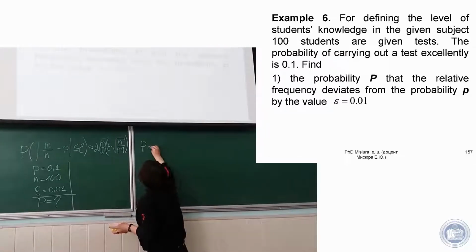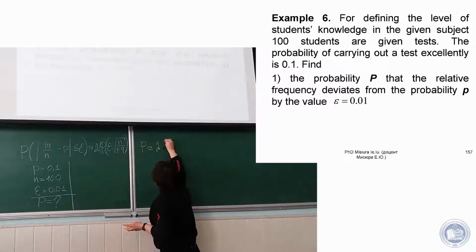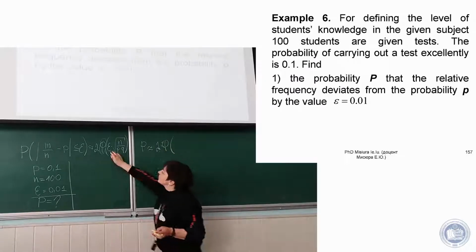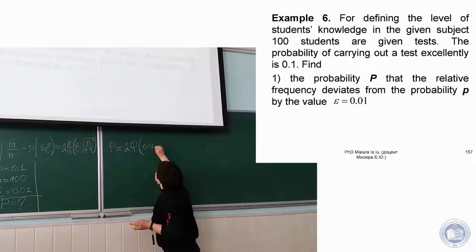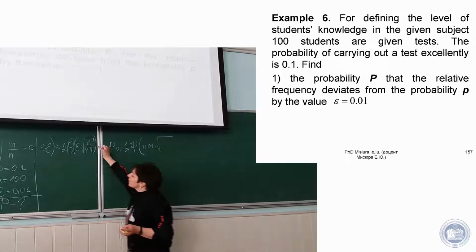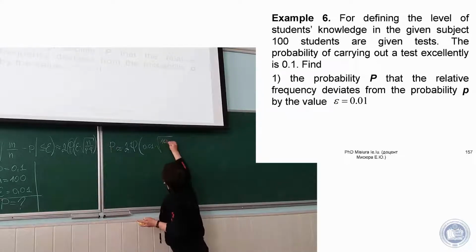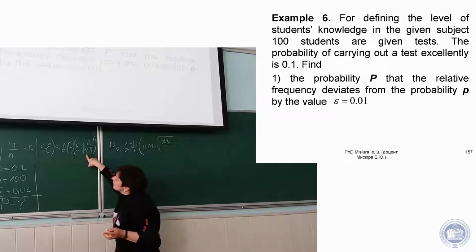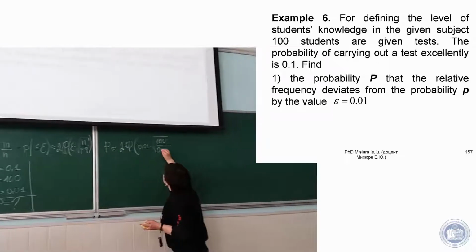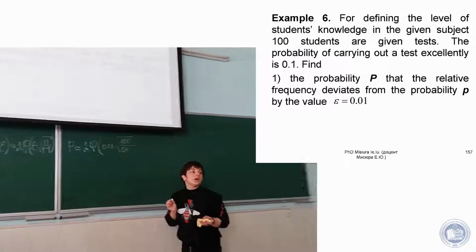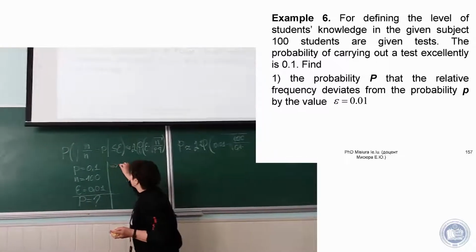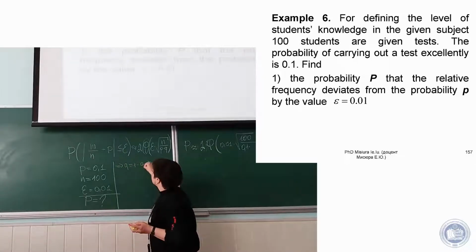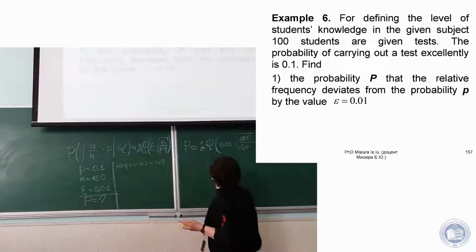Capital P approximately equals 2 times phi of epsilon, 0.01, times root of n, n equals 100, divided by root of p times q. P equals 0.1. Okay, students, how to find Q? Q equals